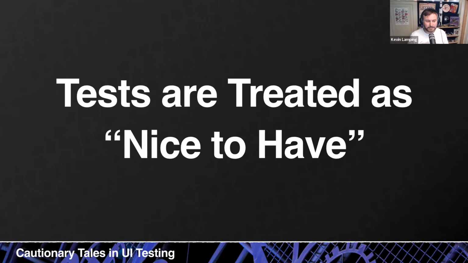That's difficult. And I think that's because a lot of times UI tests are treated as a nice to have. And that's because they're so complex. They take so much work and so much effort that people want to be realistic about it. So they go, try your best, but also we know that you're limited in everything. But the issue is when they're treated as a nice to have, if the test suite that you're writing causes friction to the development process, development teams are going to start ignoring those tests because they're getting in the way of moving forward. And it's going to lead to tests that break and stay broken because the developers,